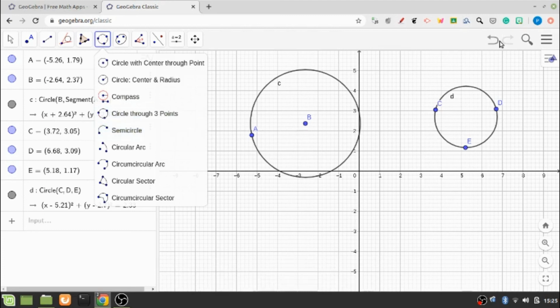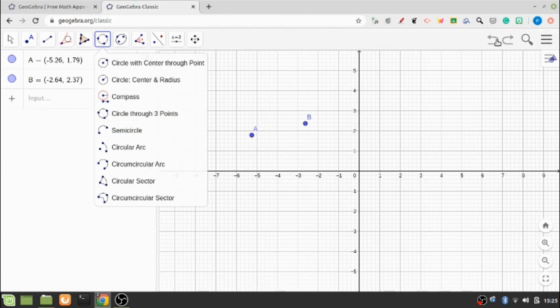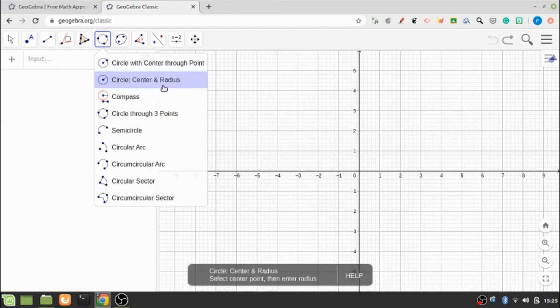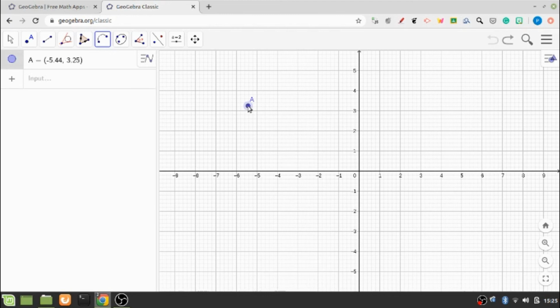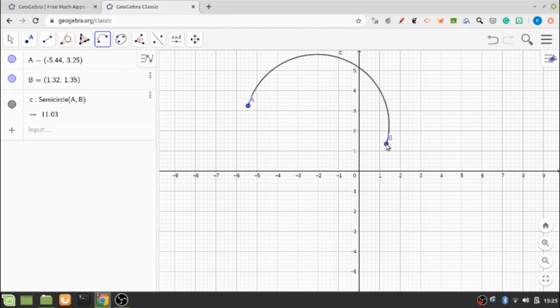Okay, so now moving ahead, the next option we have under this particular circle tool is semicircle. So let me clear whatever I have done earlier with this back tool, and now I click on this semicircle option, and let me put one point over here. And if I just move my cursor to any of the directions, you can see that a semicircle has been created. So I can put the next point anywhere I wish to. Let us say that I want my next point B to be here. Like this, a semicircle has been created with the help of this particular tool.